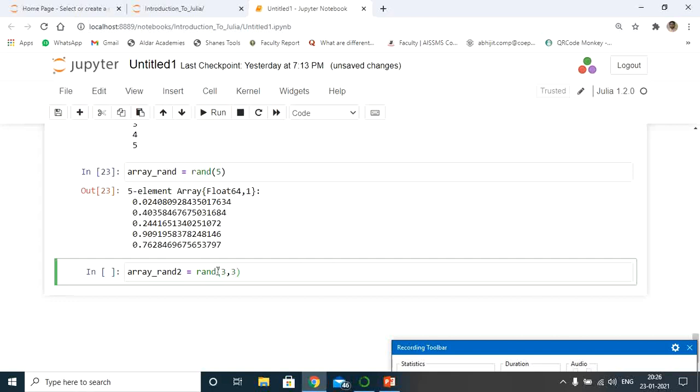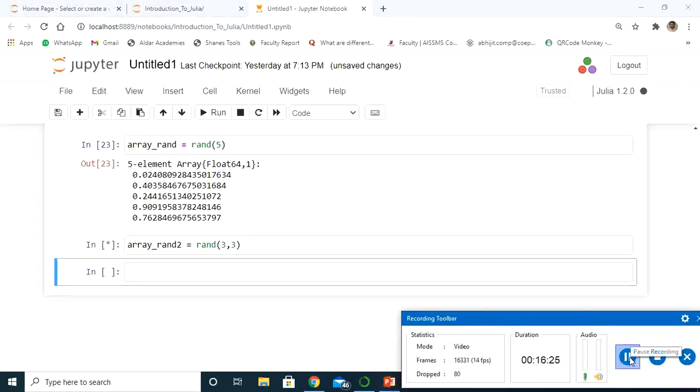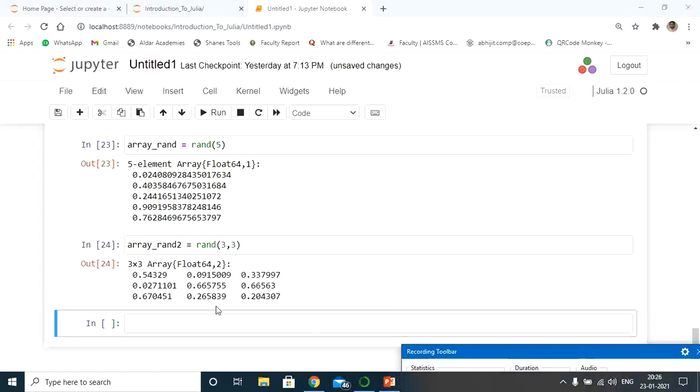Let's see how the values are displayed using Julia. Now you can see clearly it has generated 9 elements, in a 3 into 3 matrix, and the type is 64-bit floating point.